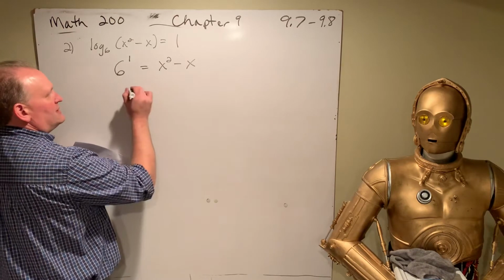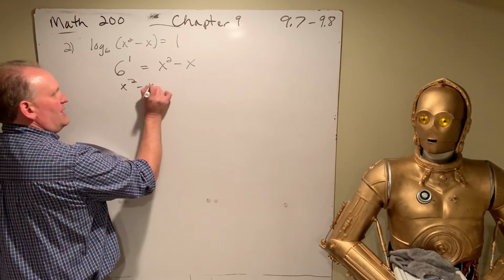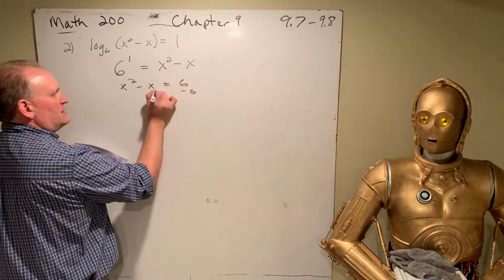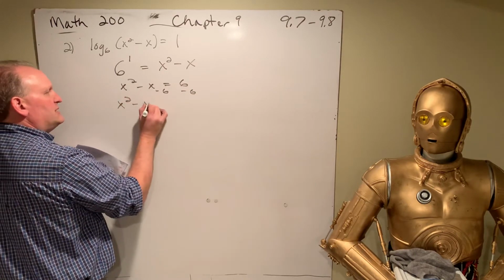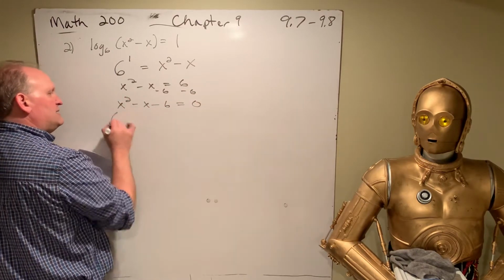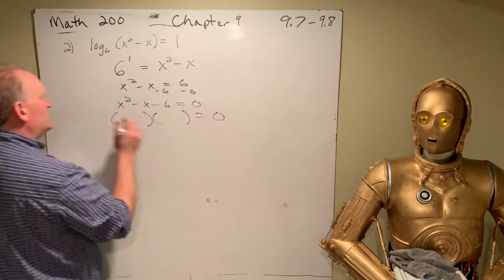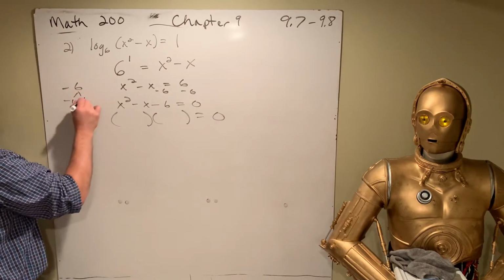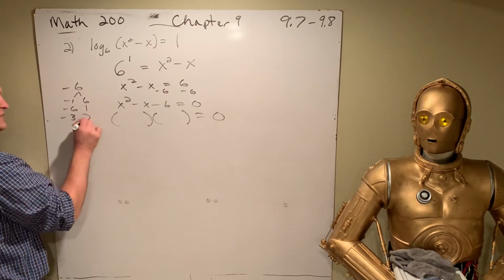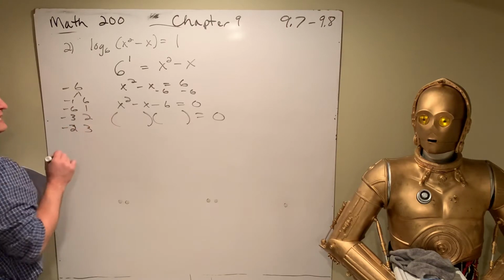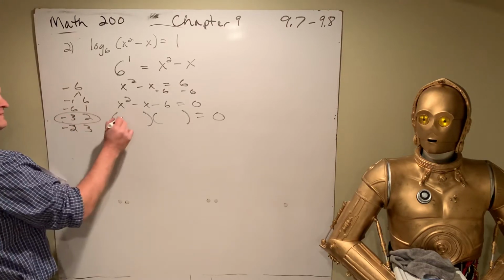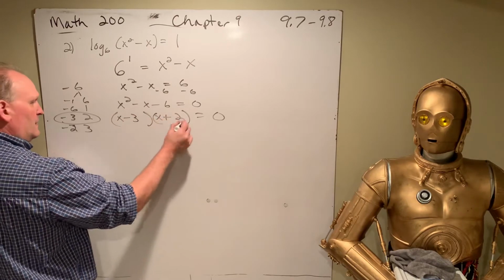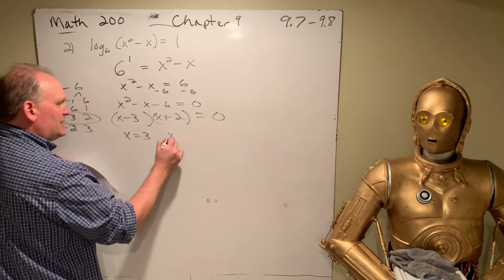And so look, that's x squared minus x equals 6. Move the 6 over. Bust out your sweet factoring skills. Multiplies to be -6. That's -1 and 6, -6 and 1, -3 and 2, -2 and 3. Gotta be this one. So x is equal to 3 and x is equal to